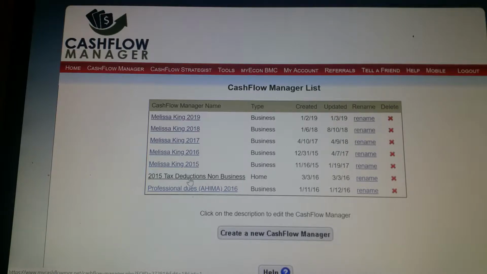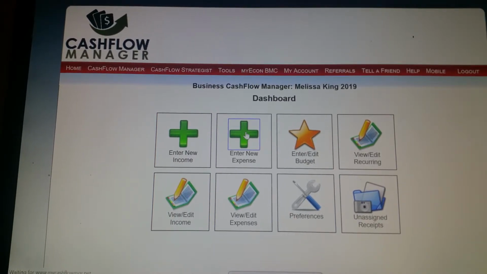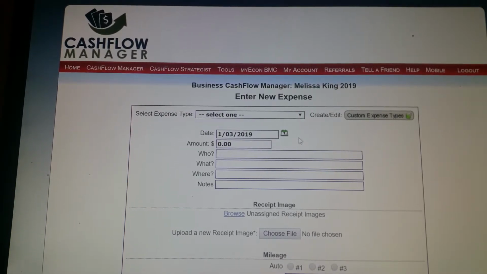So I have 2015 tax deductions, 2016, 2017, 2018, and now it's a brand new year. It's 2019. I'm ready to get this thing popping. So, the first thing I'm going to do is go into my 2019 folder that I created, and now I'm going to enter new expenses. And keep in mind, right now, I'm just entering expenses that I know I'm going to have on a monthly basis,